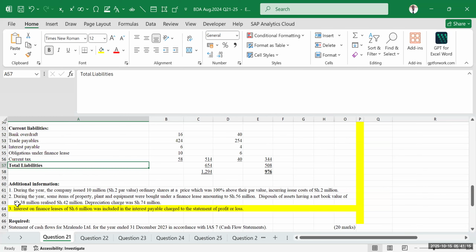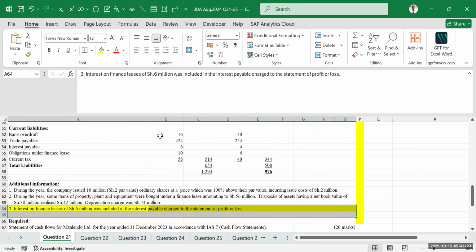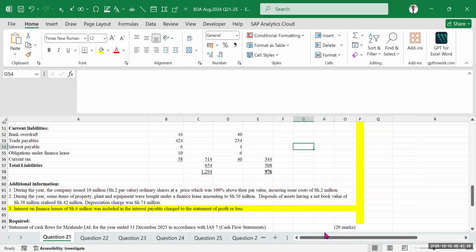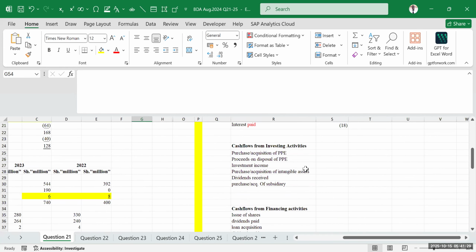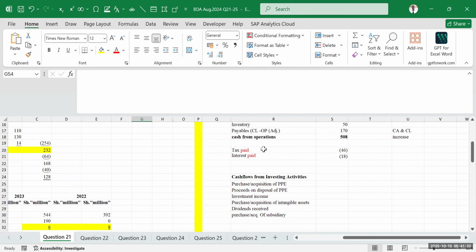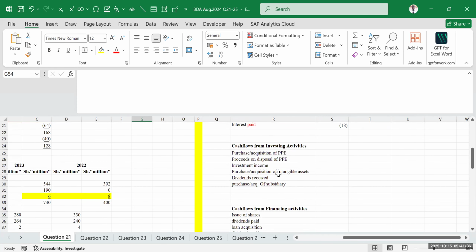Let's just continue. I've highlighted it, meaning it is pending our final judgment. As we move forward, we're going to see if our treatment is correct or wrong. So let's hold on to it at that point. All right. After doing the tax and the interest paid, we come to the cash flow from investing